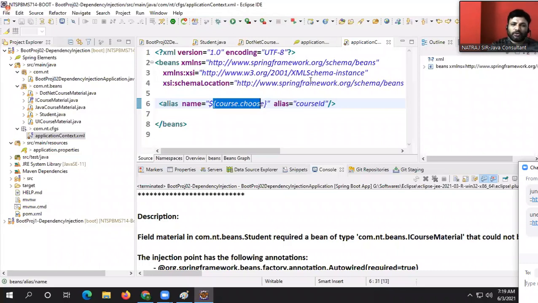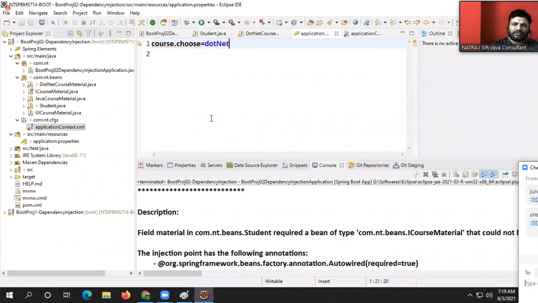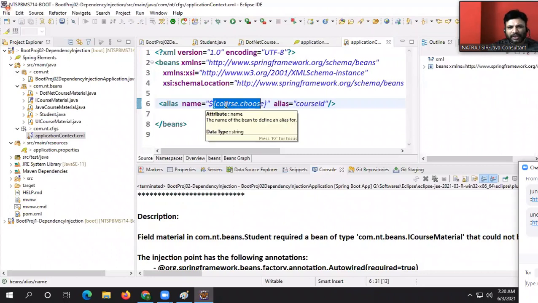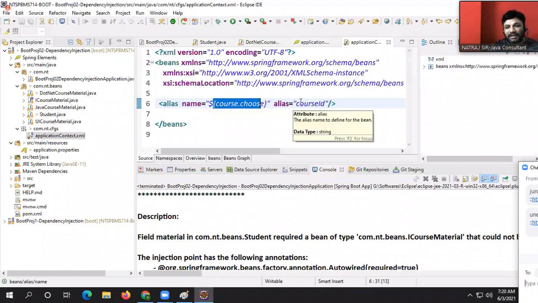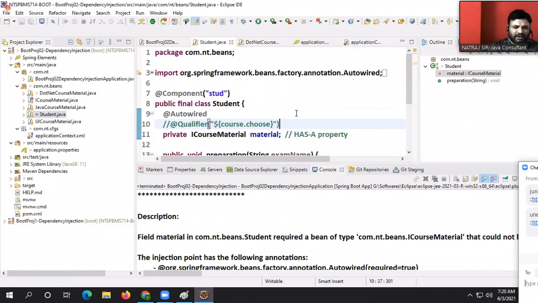Okay, boss. Tomorrow I don't want to work with .NET either, I want UI. What is the bean ID that is coming here? UI. Okay, course ID becomes the alias name for UI or not? Okay, sir, what do you do with this course ID? Take this course ID, go to student.java, reverse